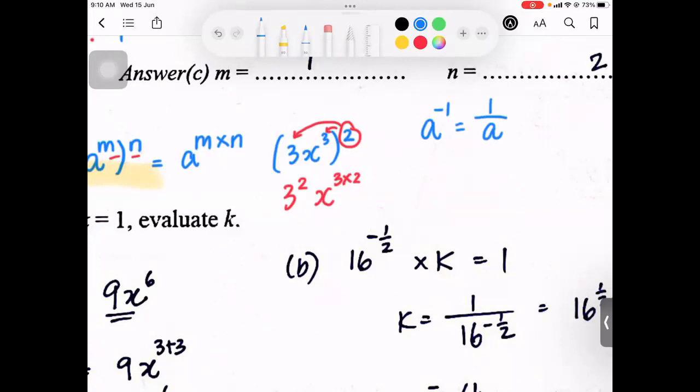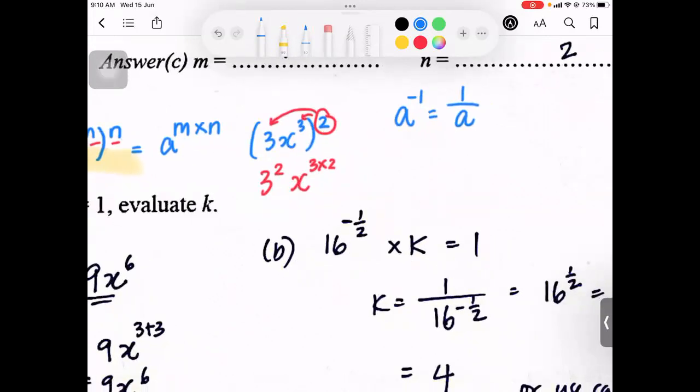So this whole expression becomes 1 over 16 to the power of positive half, not negative. Where did the negative go? The negative became 1 over. And then this one is times k